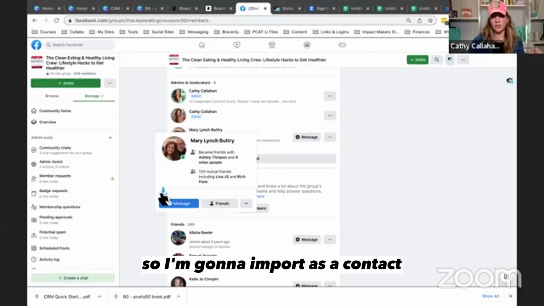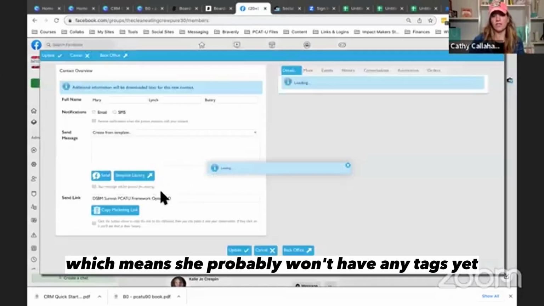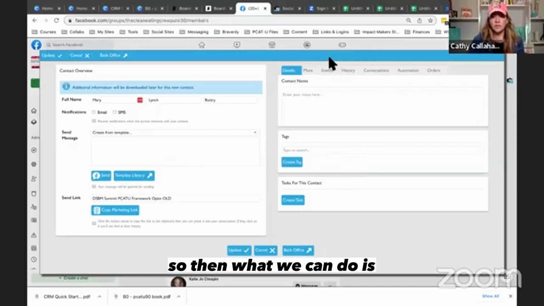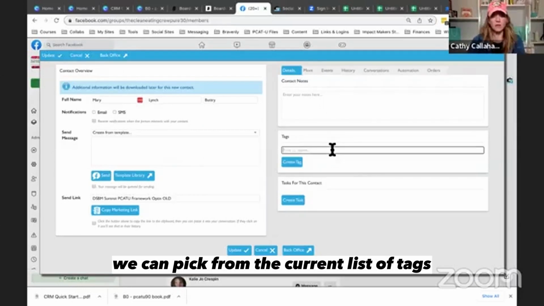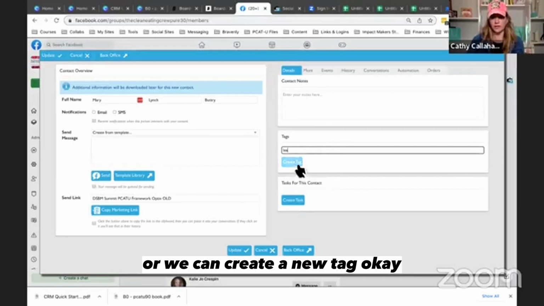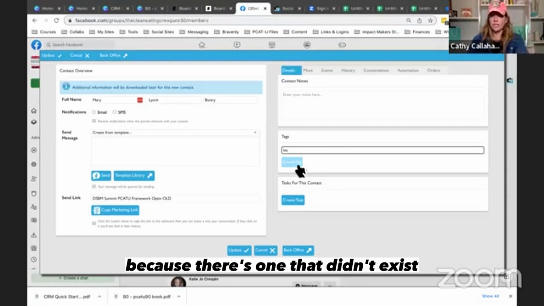So I'm going to import as a contact, which means she probably won't have any tags yet because she's brand new. So then what we can do is we can pick from the current list of tags by just typing, or we can create a new tag. Okay. So if I wanted to create a new tag because there is one that didn't exist, then I could